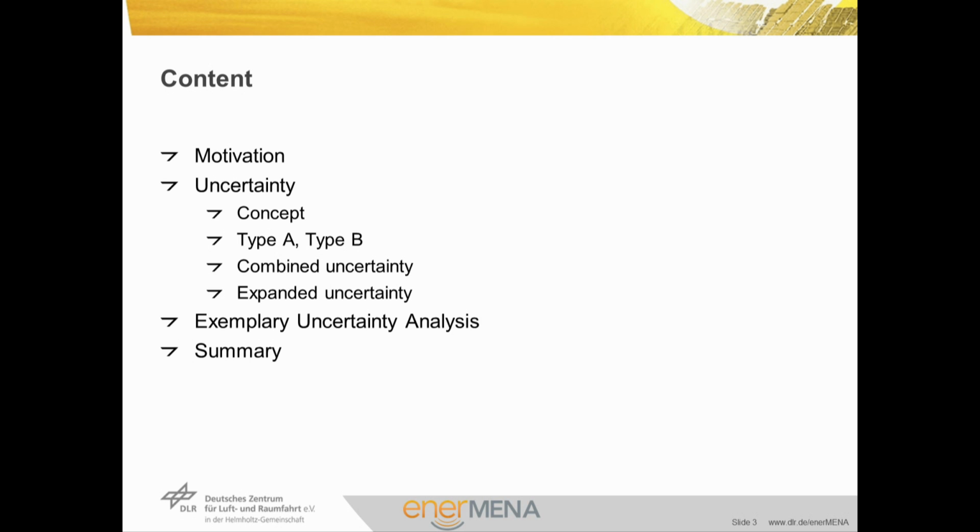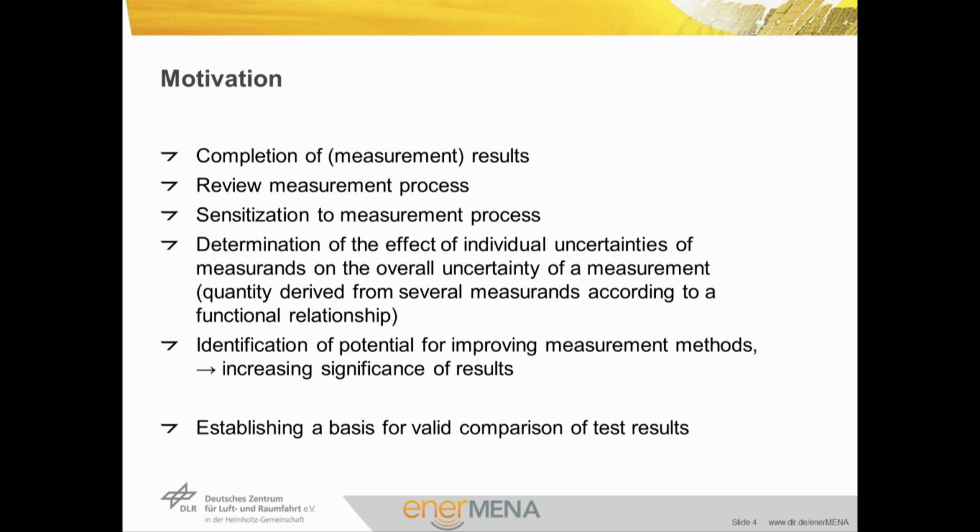After a short introduction to the motivation, this unit covers the basic concept of uncertainty, different types of uncertainty, their combination to uncertainty budgets for derived quantities, as well as the meaning of expanded uncertainty. The theory will be illustrated using the example of direct normal irradiance measurements, and the findings will be summarized at the end. Let's have a look at why the evaluation of a measurement's uncertainty should be an integral part of